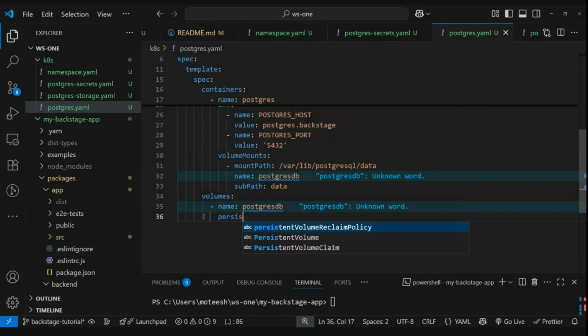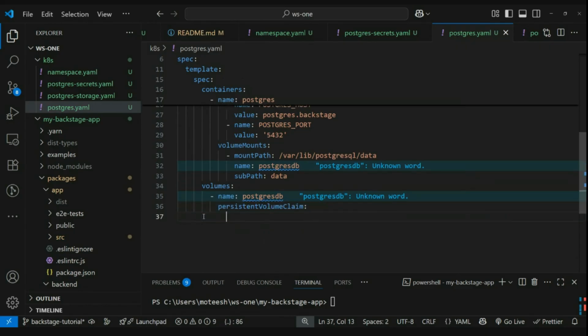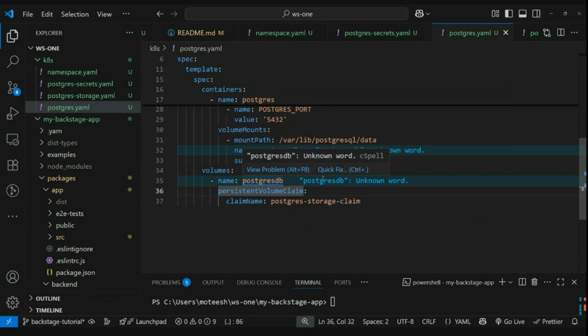And persistent volume claim is going to be claim name as postgres storage claim. So that's about the